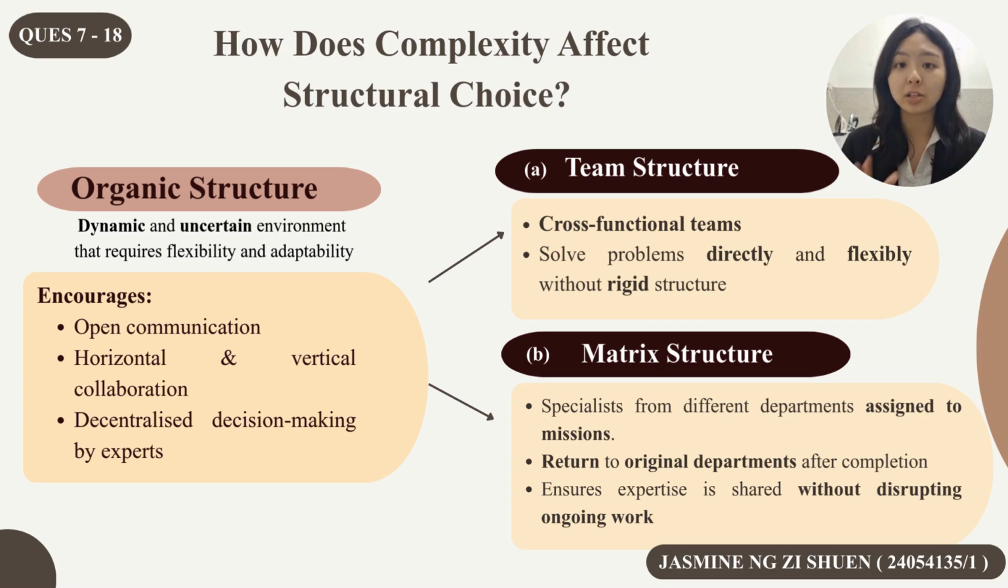One of these is the team structure, where employees from different departments work together in teams focused on specific tasks or missions. This encourages flexibility and allows NASA to respond quickly to new challenges. NASA also uses a matrix structure, which is ideal for highly complex projects such as spacecraft development. Under this structure, specialists are temporarily assigned to a project team, but once the project ends, they return to their original departments. This ensures that ongoing operations are not disrupted while still allowing NASA to allocate expertise where it is